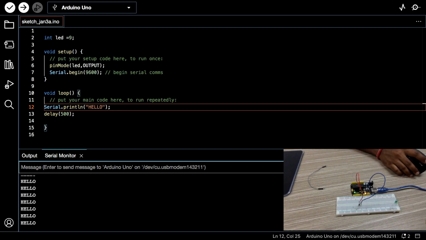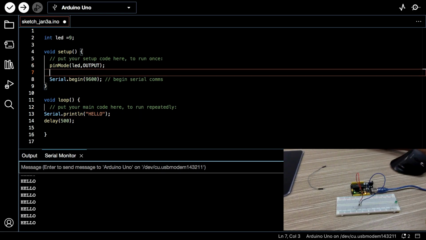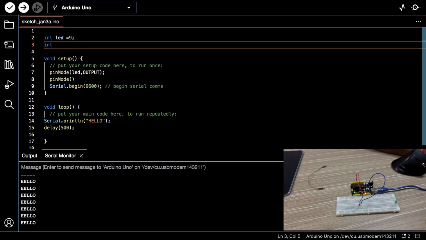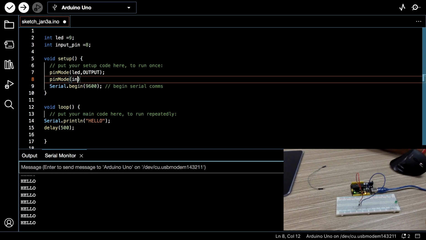Now, let's say we want to use a pin as an input, because we used the pin as an output before, right? Now let's use one as an input as well. So let's say pin mode 7, but because we know what variables are now, we'll say int input_pin is equal to 8. You can't have spaces in pin names. It has to be one continuous string. So we'll say input_pin is an input